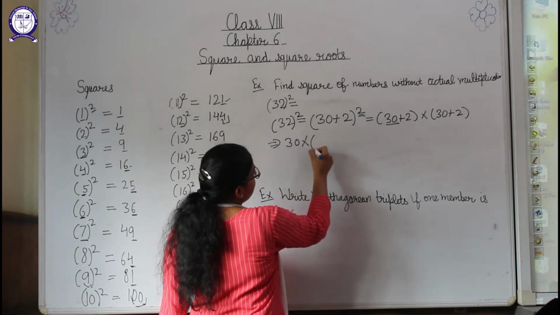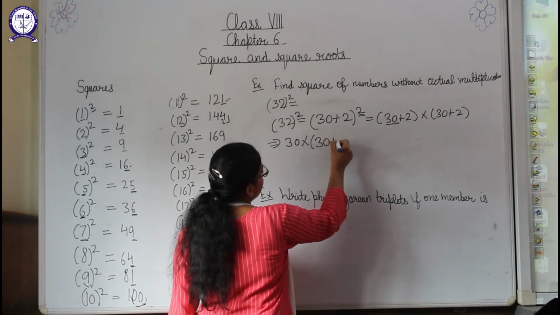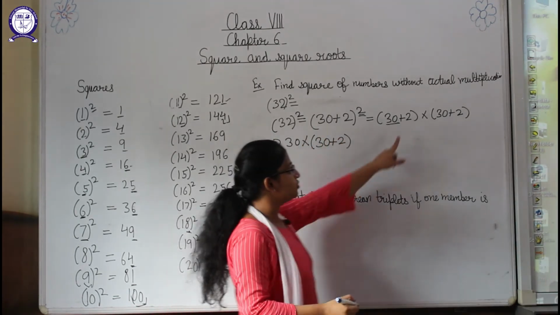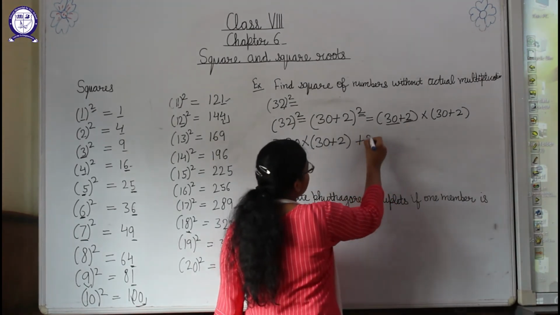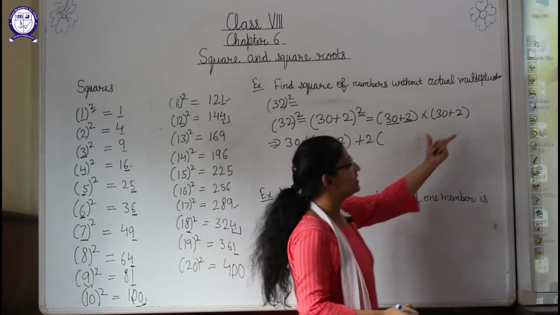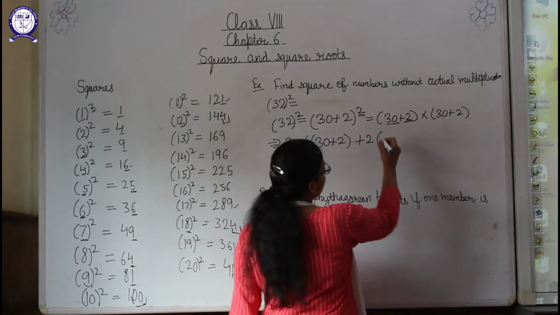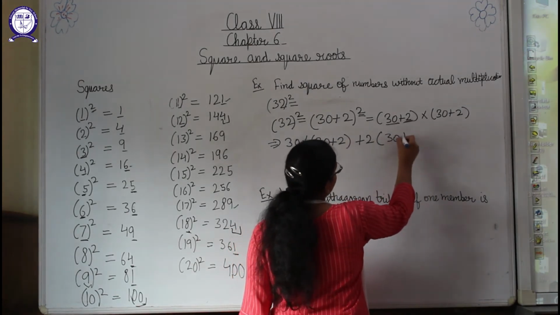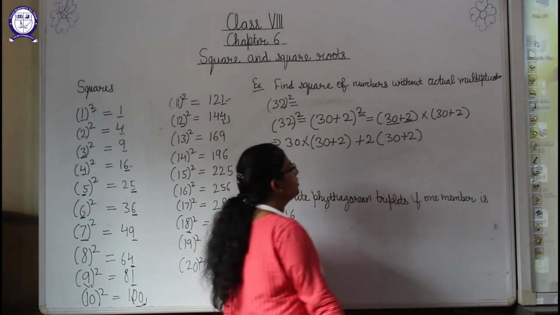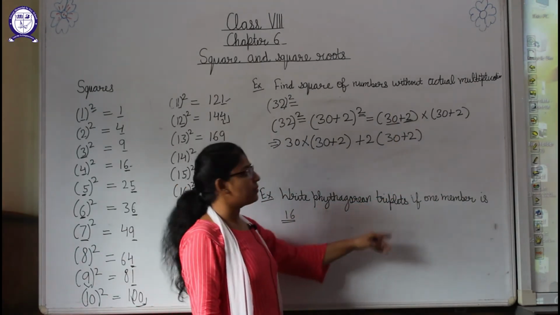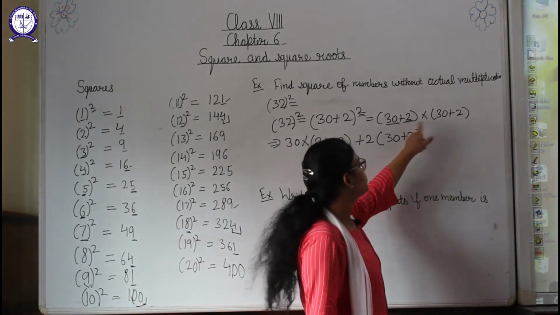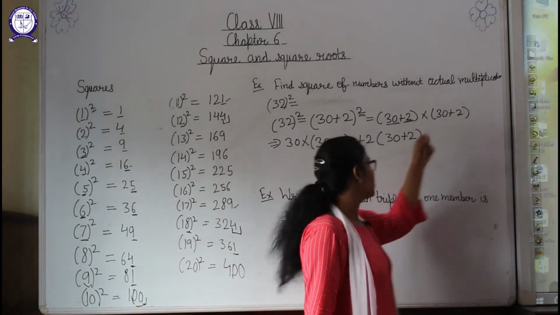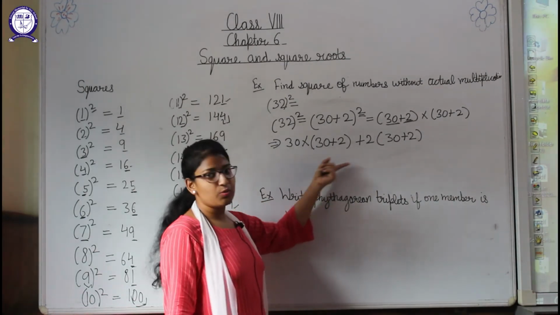So we will multiply it with 30 plus 2. Now plus 2 is given here, plus 2 is given here, so we will write plus 2 and again we will write this bracket here. So 30 plus 2 will be here. Okay, as we do in our algebraic expressions, 30 and then we will multiply these two, then plus 2 and then we will multiply with these two. Okay, that's the same thing we are doing here.